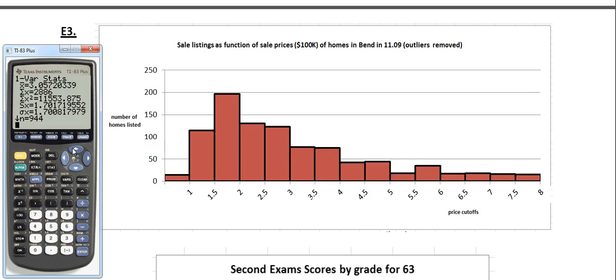What we're trying to do here, though, is measure Pearson's second skew coefficient. So we're going to take the difference of the average and the median and divide it by the sample standard deviation. The quickest way to do that, I found, is to use the variables menu. This might be a little quick for you, and that's okay. You can always go back and look at the video for E2, which walks you through it more slowly than this. So I'm going to first drop the average in, and then I'm going to subtract the median,